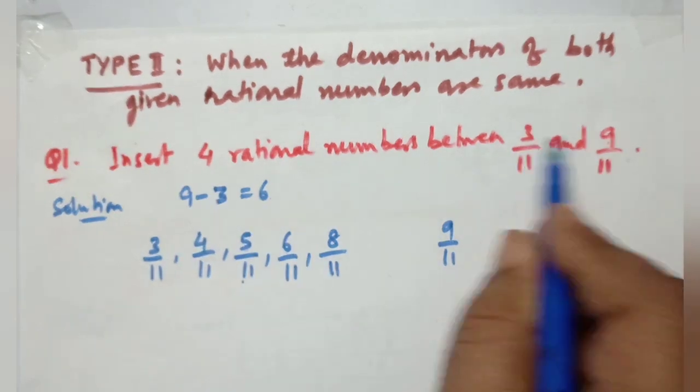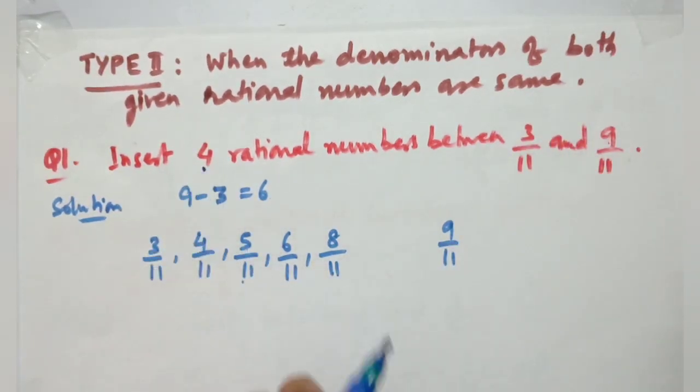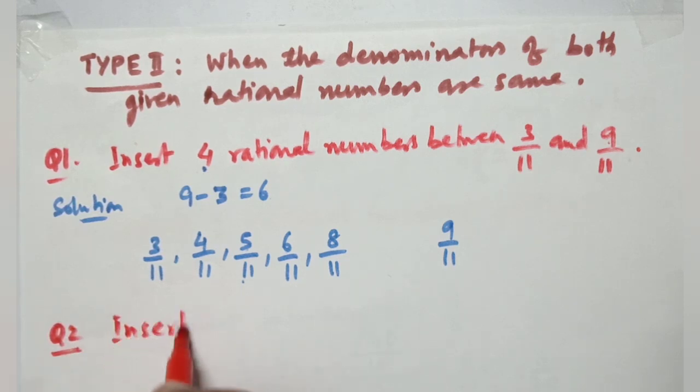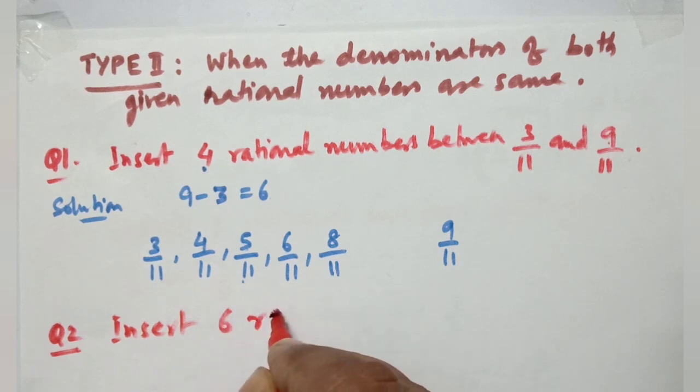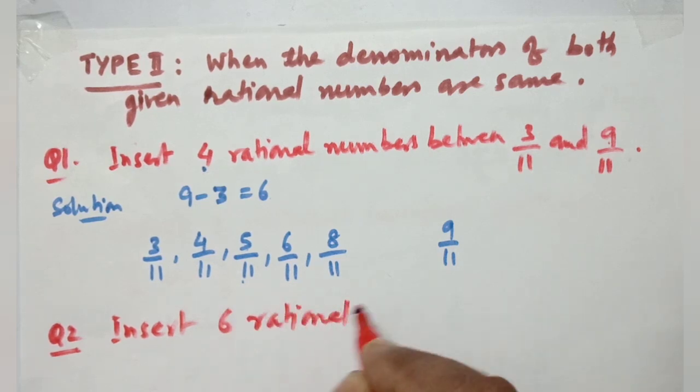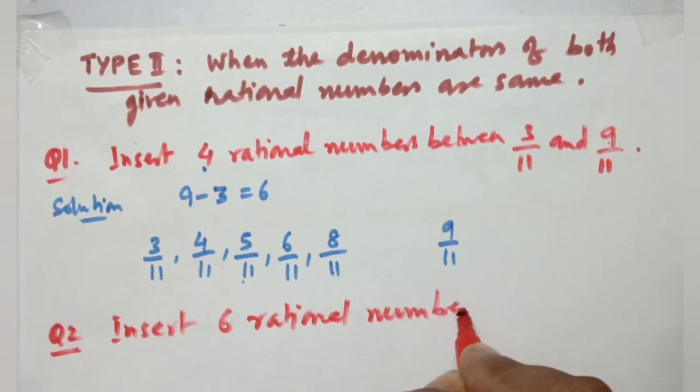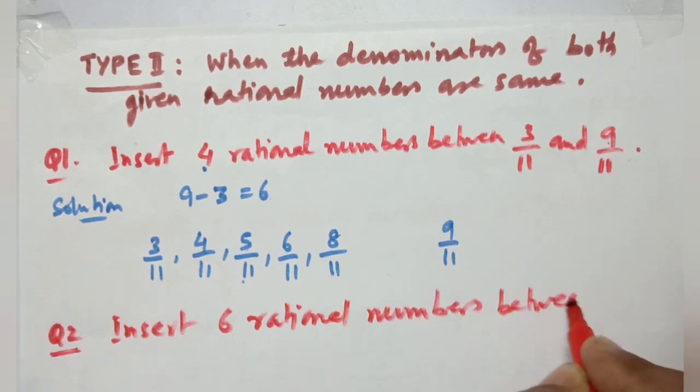So when the difference of the numerators is more than the numbers to be inserted, then it is very simple. But sometimes denominators are same, but the difference of the numerator is very less. It is less than the numbers to be inserted. Then what to do? So I'm taking another example and I'll show you. Insert 6 rational numbers between 3 by 5